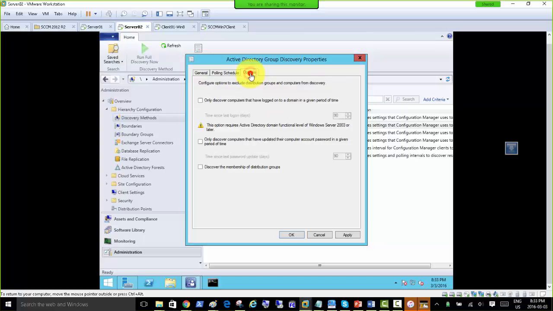Anyway, so when we go for options, there's that option I was mentioning, only discover computers that have logged on to a domain in a given period of time, right? That's what we were talking about, that if there are old computers which have spent more than 90 days where nobody logged in from those computers, don't discover them, right? So we can just click that as a best practice, but in our environment if we uncheck that,